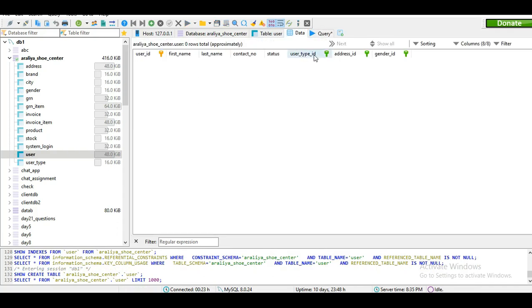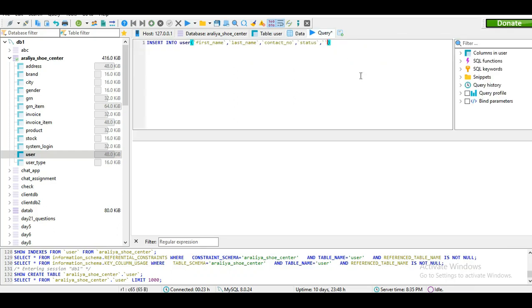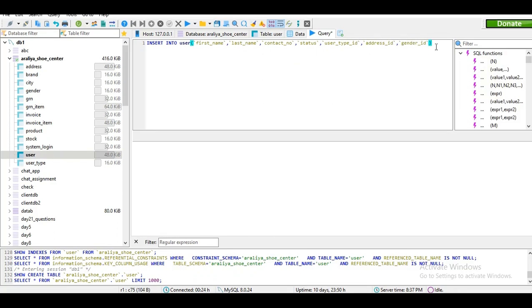After that I need to add the user type ID, address ID and gender ID. So after mentioning the columns, next I need to type in the values. So I need to type values,